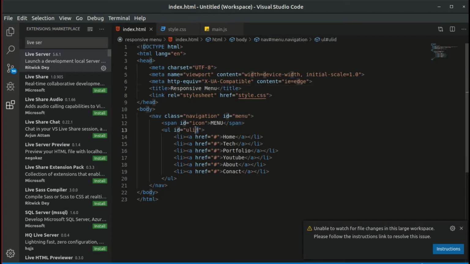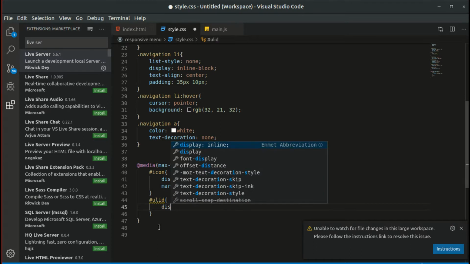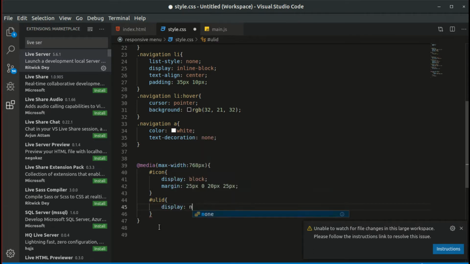This ULID hash. For selecting an ID, you need to give a hash. I said that before. Display will be none. For now, it will not be displayed if I just go to less than 768